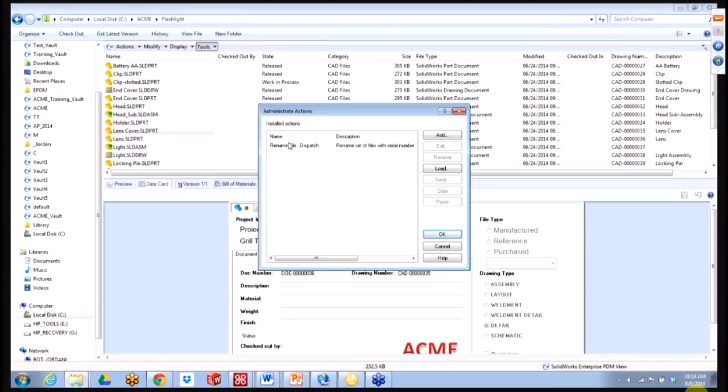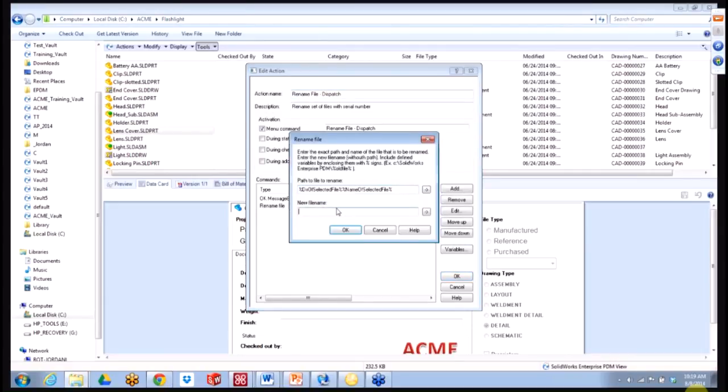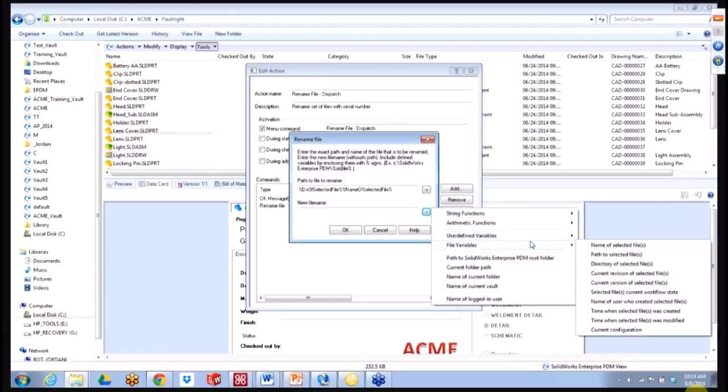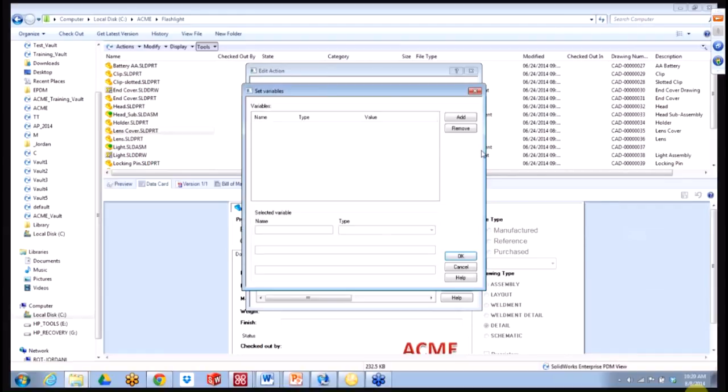We'll go back to administrate actions, and I'm going to go into new file name, and I want the new file name to reference the serial number. And the way I do that is by using a user-defined variable. I'm going to edit variables, and I'm going to define my own variable that references that particular value from the data card. So I'm going to call this d_serial number,